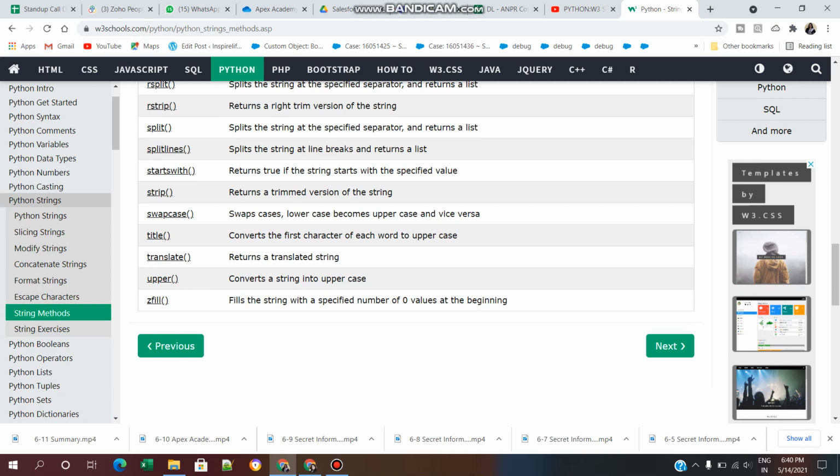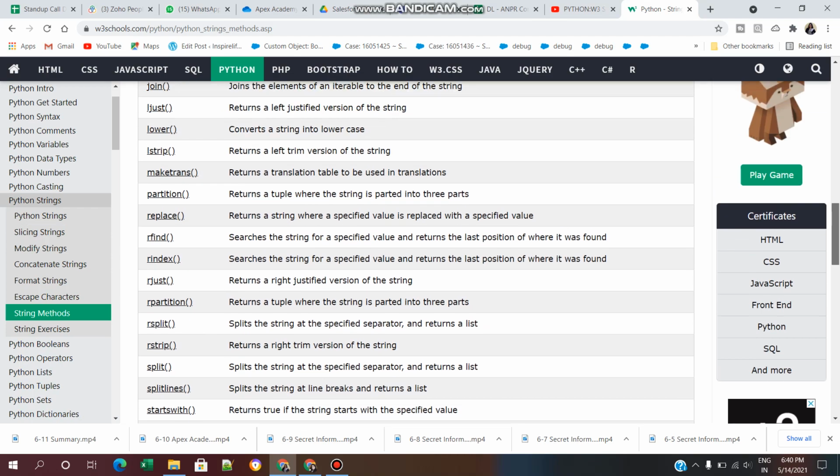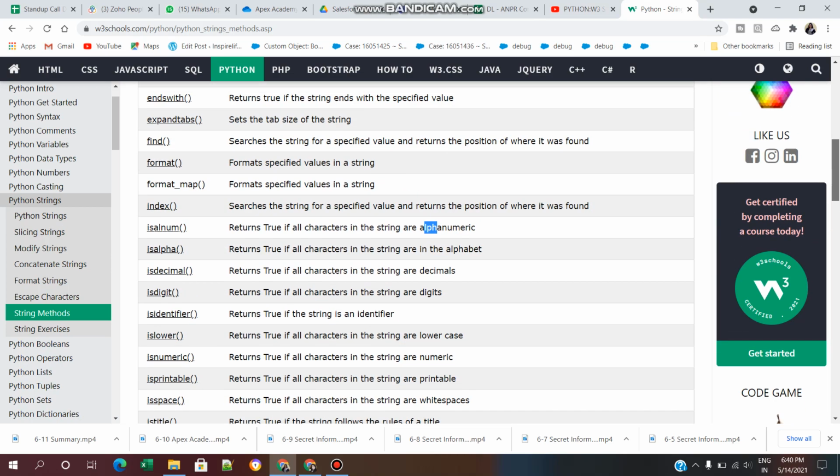The title method converts the first character of each word to uppercase. Translate returns a translated string. The upper method converts a string into uppercase. Zfill fills the string with a specified number of zero values at the beginning. These are the methods in Python for a string.